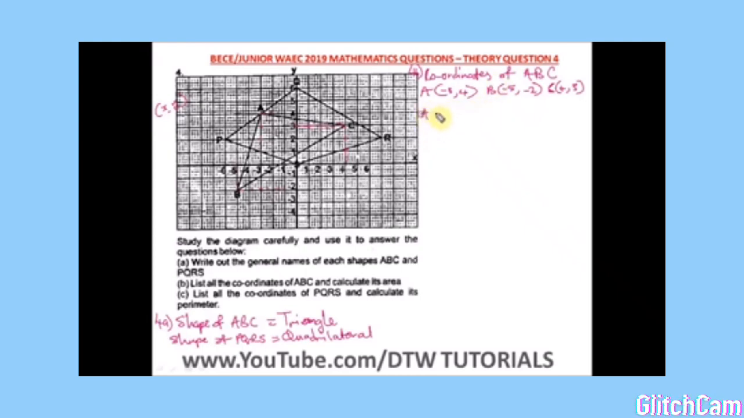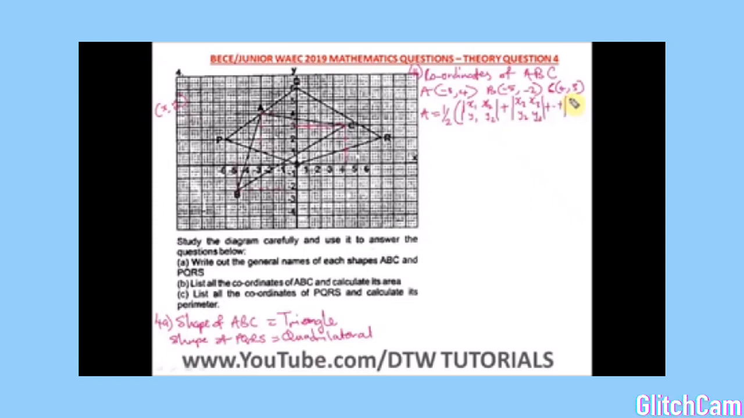is, this is the general formula. Let me just state this here for you. A is equal to 1/2 bracket, you find the determinant of, let's say you have the first coordinate x1, y1, x2, y2, determinant of this plus the determinant of x2, y2, x3, y3, plus, the determinant of